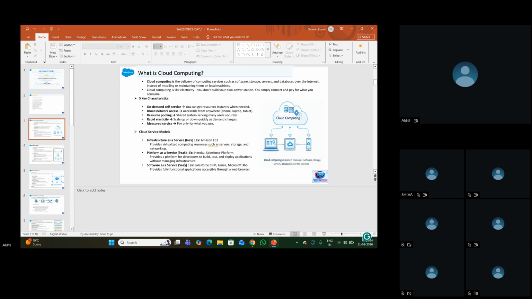But in the Salesforce ecosystem, we have feasibility from beginning to end. We can use the existing software, like sales, service, marketing. But if you want to build a banking application or whatever it is, then we should use platform as a service as a component. So this is about platform as a service.